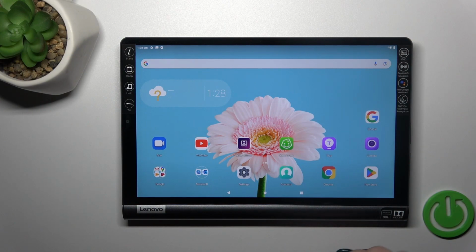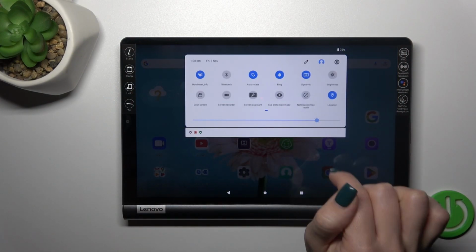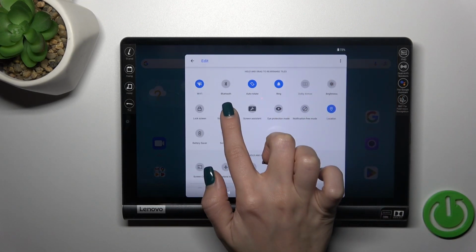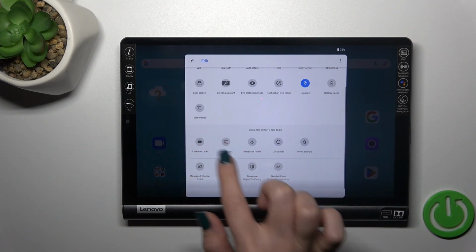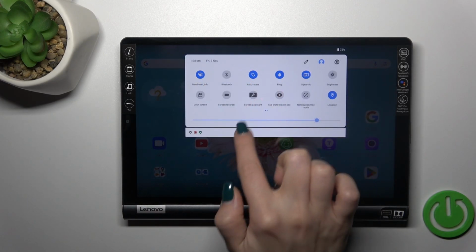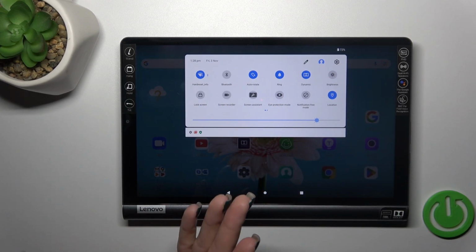So first we should open the control panel and find here the screen recorder icon. If you don't have this icon here, just tap to the set one and you'll probably find it somewhere here. Just hold the icon and drag it to the subsection, go back, and here hold for a while this icon. After that,